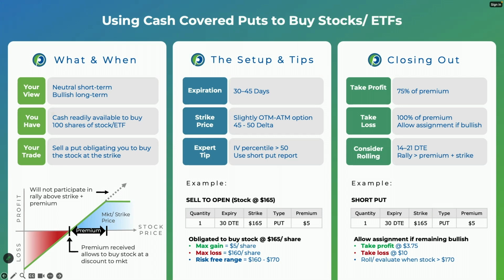The setup and tips, so these are just the expert tips that we've had a lot of back testing at OptionsPlay that I'd love to share with you. Optimal time frame, due to theta decay, or the time decay component that helps with short options, is about 30 to 45 days. That's because the time decay from the premium is not linear. The closer you get to expiration, it falls off a cliff, and that happens about 14 to 21 days. So you just want to capitalize on that. We did the back testing for you and made it easy. So I'm just going to say 30 to 45 days.